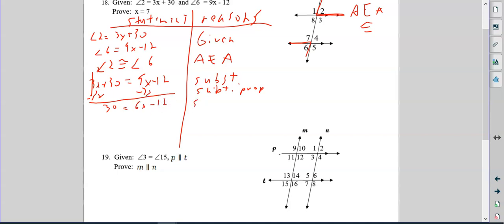And remember, we just call this simplify. Now I'm going to add 12 to both sides. We're just solving algebra here. And that's going to give me 42 equals 6x. We did the addition property. Sorry, I skipped this. And now we just simplified. And now if we divide by 6,